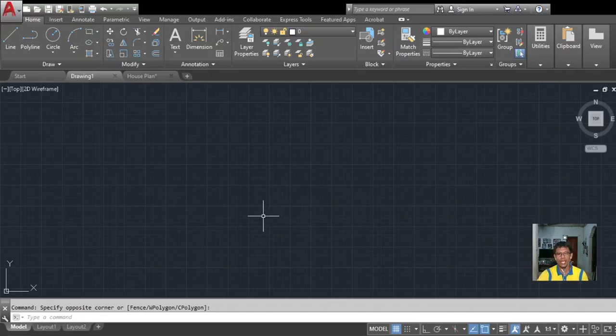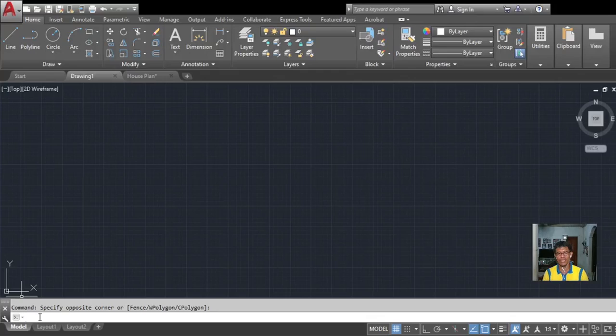Below the working area or the drawing area is the command line bar. So command line, meaning this is where you are going to enter the commands using your keyboard, and also where the prompts are being displayed.